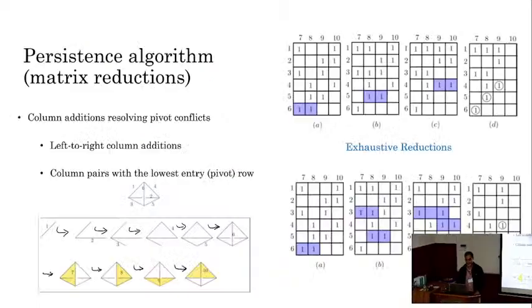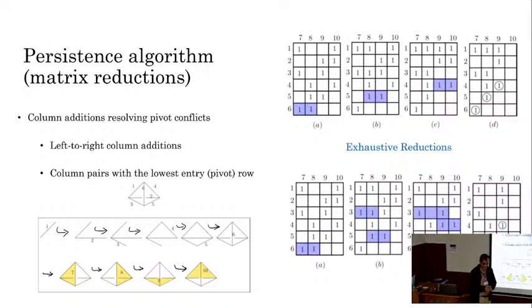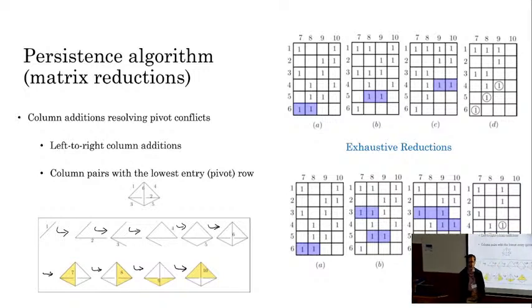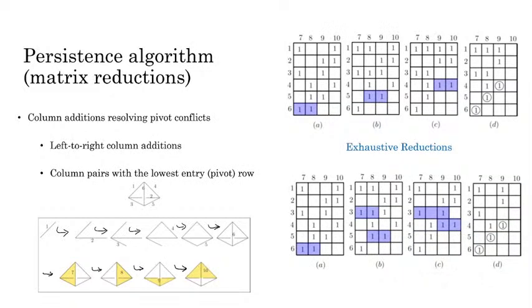Okay. So now, how do you compute these bars? So these are all these theories of concepts. How do you compute? There is a wonderful algorithm, which is a variation of the Gaussian elimination actually, which can be done on a matrix. How does the matrix come into the picture?